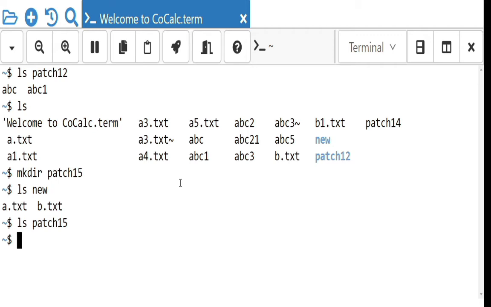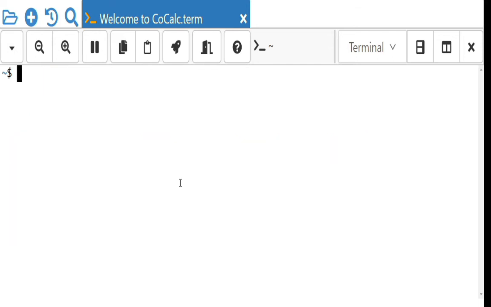Now I want to copy a.txt and b.txt into patch15. So how to do that? Copy. From where? New dot a.txt, then new. Or directly you can enter into the folder: cd of new.